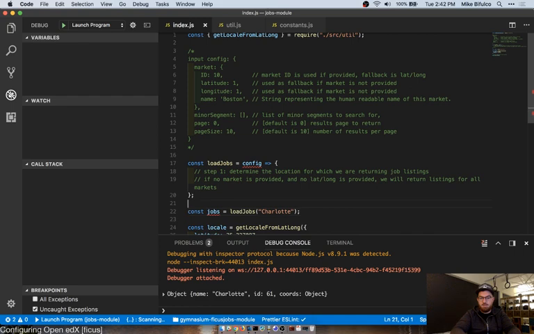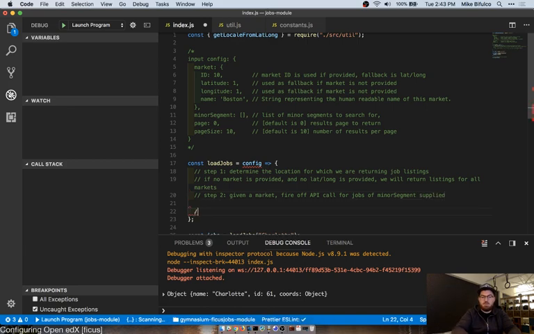Sue me if you don't like it. Step 2. Given a market, fire off API call for jobs of minor segment supplied. Step 3, return JSON object with job listings.